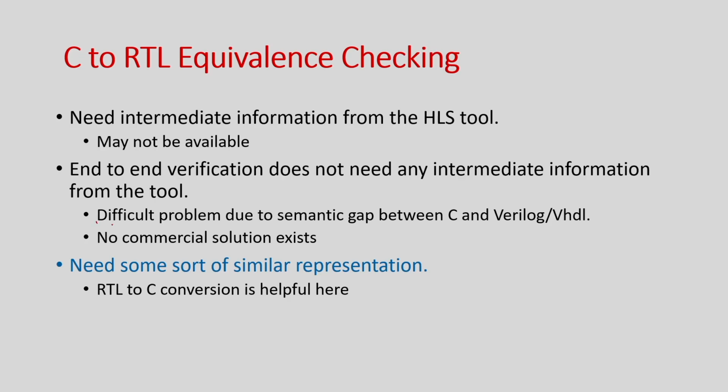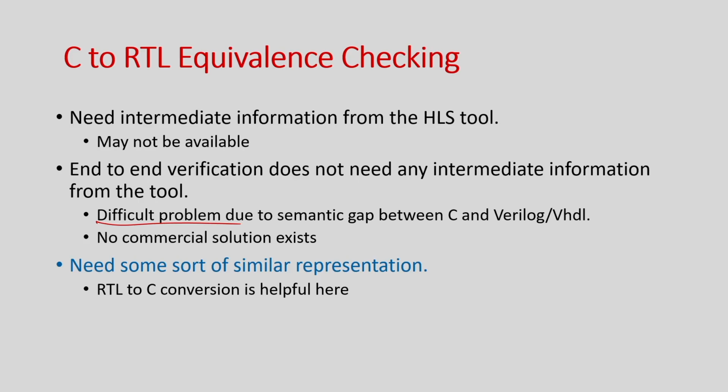That is something we are going to discuss. We have already discussed that checking equivalence between C and RTL is a very difficult problem because of their semantic gap. The way C executes and the way RTL executes is completely different, so having this direct equivalence is a difficult process. But why? In this class we are going to discuss what a possible way would be, what the limitations of that method are, and how we can improve the efficiency of the whole process, right. So, let us discuss that.